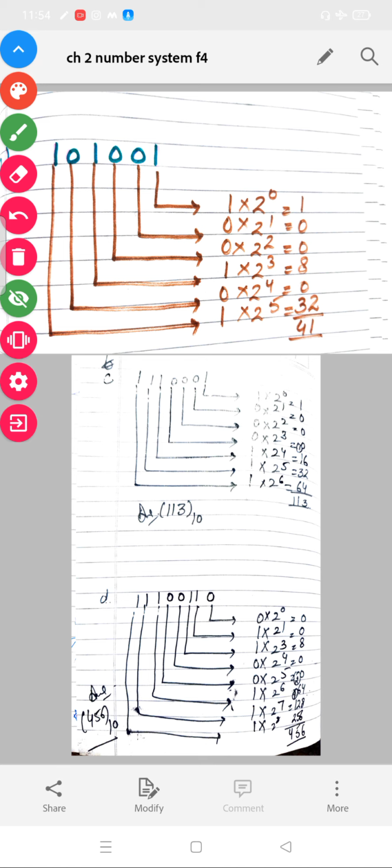With this your chapter number 2 number system is completed, and whenever your Zoom class will be conducted we will do revision of the number system, and B part will be your homework of this part, and be prepared for your exam as well. And very important topic for your exam, binary to decimal and decimal to binary conversion. So do them very carefully.